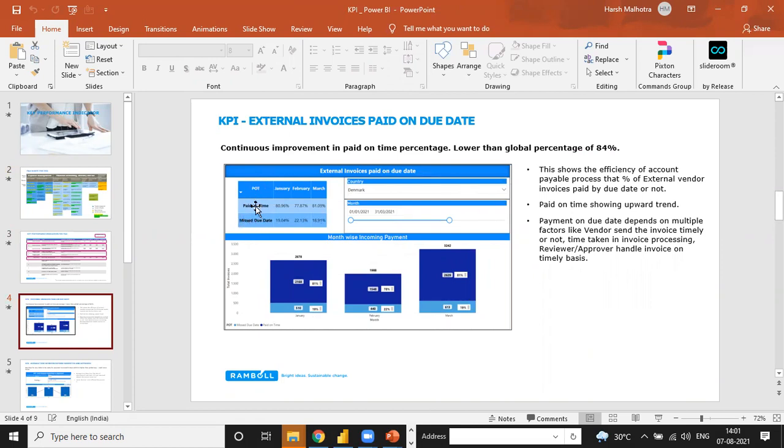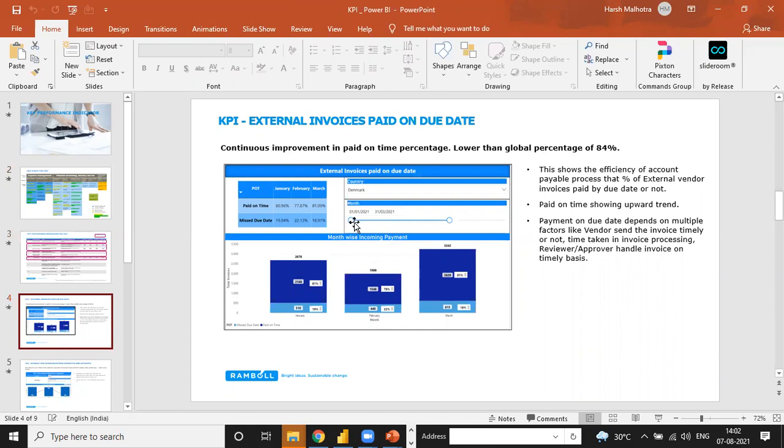There is a formula. Paid on time is as per your organization. Suppose you are working with some financial department, and the financial department has a paid-on-time window of, say, 7 days. As per your company it is 7 days, and as per my company it is, say, 2 weeks. So there is a difference in the formula, but the DAX expression is the same, meaning your data is ready in the same manner.